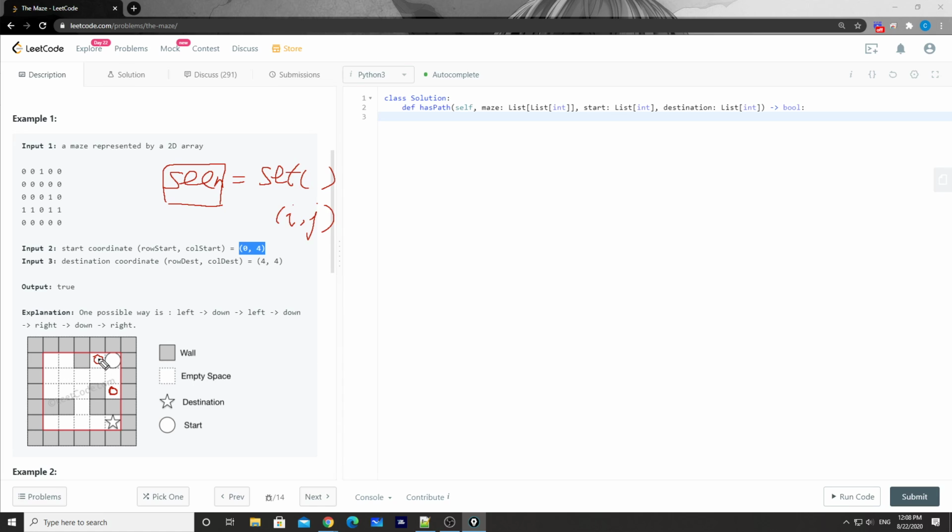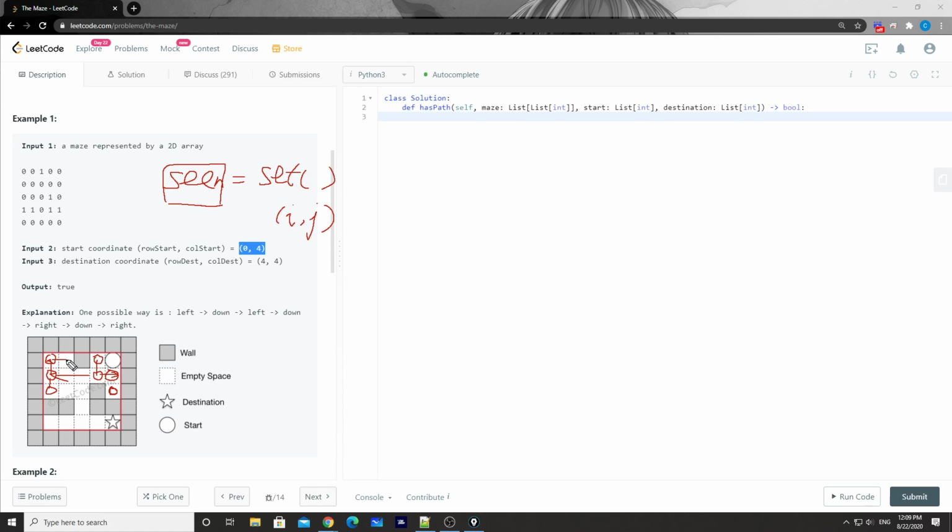But here, when we start rolling from this position, we can either go down or go right. Same thing: when we go right, we see this position has already been seen before, so we come here. When we come here, we can either go right or go left, and the ball will stop here. When the ball stops here, it will either go up or go down, so the next one will be here. From here, we'll roll up to here, and it will roll down to here.